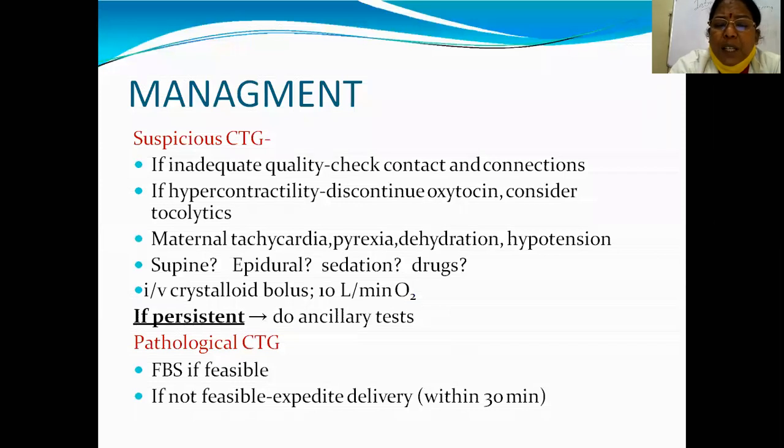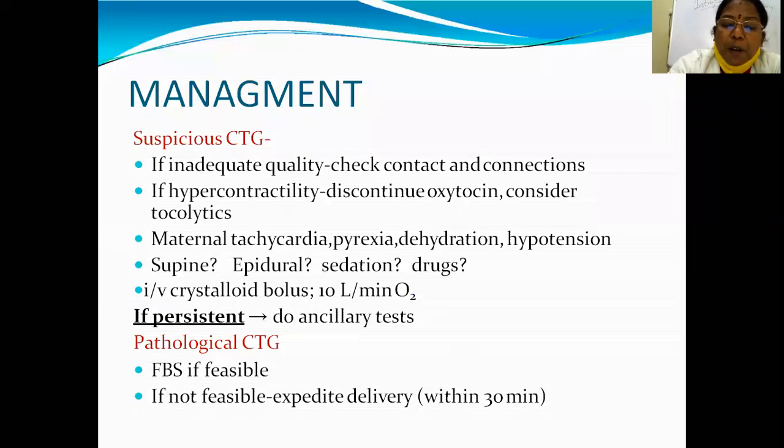So management: if there is a suspicious CTG and the quality is not proper, check the contact, whether the toco and the probe of fetal heart rate monitoring are kept properly or not. Check the connection and change it if there is no quality. If there is hypercontractility, stop oxytocin and consider tocolytics. If there is maternal tachycardia, pyrexia, dehydration or hypertension, correct it. If there is any change of position, or any sedation or drugs given, we have to record all these things, give crystalloid boluses, give IV fluid rapidly,